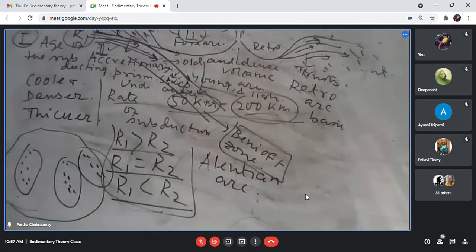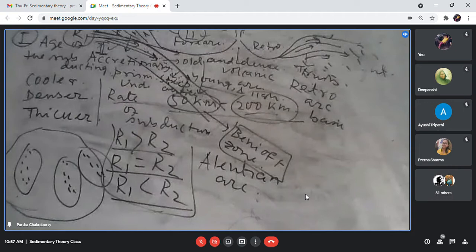Yes, sir. So the only signature by which we come to know that the plate is subducting, of course, there is some debate with that. I am not going into that debate. तब तो और भी मुश्किल होगा. But if the common knowledge concerned that the subduction is going on, that we get from the distribution of the Benioff zone. And the boundary of the Benioff zone marks the boundary of the subducting plate. Okay?